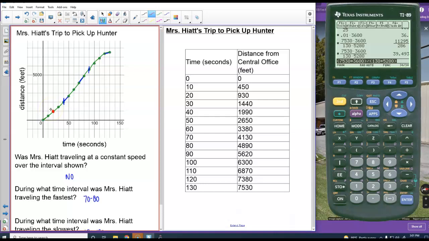I don't want the whole length of the trip. I want it really close to that point. So what I would probably do right here at 20 is use the points very close to that. So I'd either use like 10 and 20 or 20 and 30, or I think what I'll do is use 10 and 30, right? So if I'm looking at what's happening right here, just this little section,